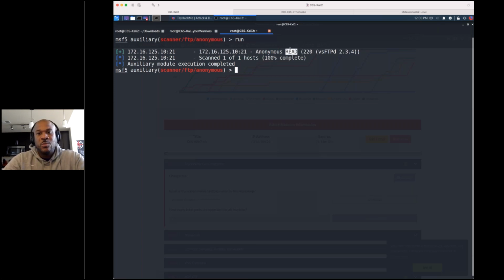So when you're exploiting a machine, if you can read to it, and if you can write to it, or if you can make changes to it, then there's a really good chance that you can exploit it. So we only have read access here. So that means that for this host,